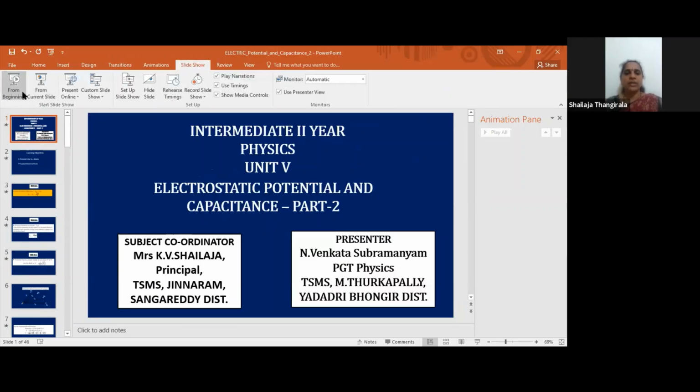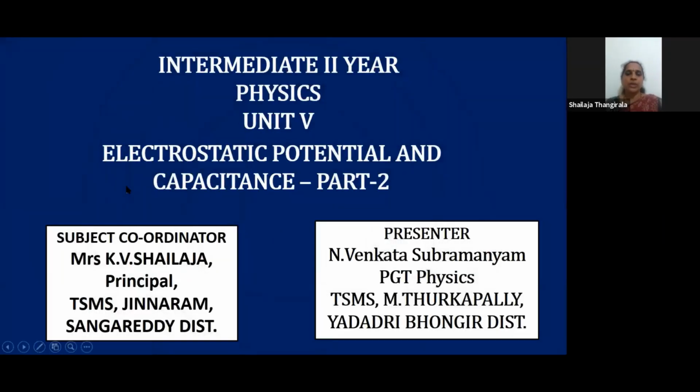In today's class, we will be learning about electric potential and capacitance, lesson 2. In the previous session, you learned what electric potential is and the formula for electric potential as V is equal to 1 by 4 pi epsilon naught Q by R. In this session, you will be learning another interesting topic: finding electric potential due to a dipole, as well as what we mean by equipotential